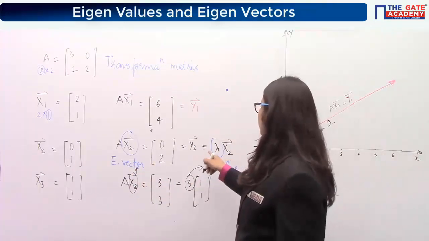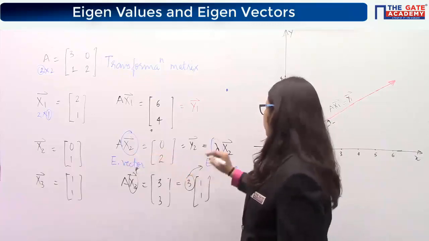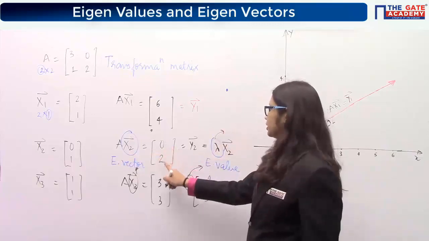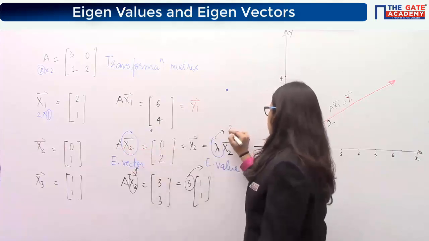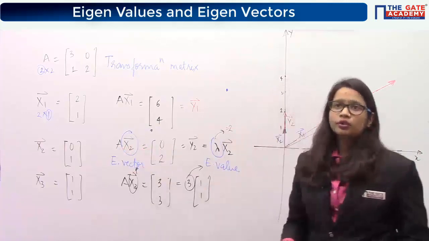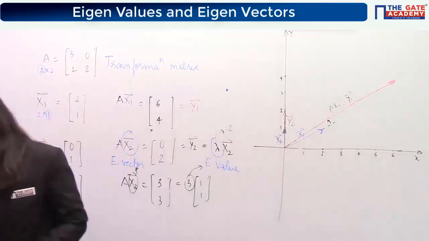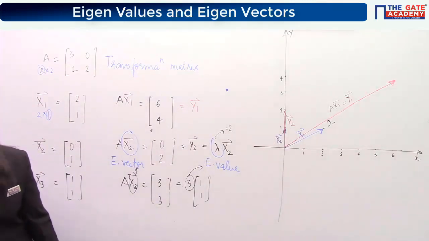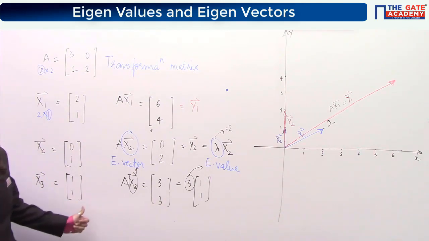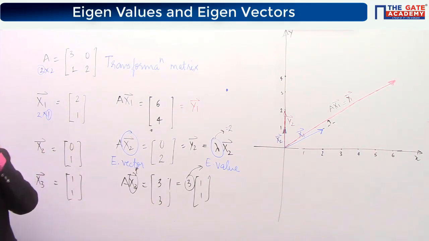Similarly, for the second vector x2, what is the eigenvalue? It is nothing but 2 times your x2, so the eigenvalue is equal to 2. Okay, so everybody has understood it. Very good. If you want to write it down, please write it down; I will give you 1 minute. Then we will come to the mathematical relationships to find the eigenvalues and eigenvectors.